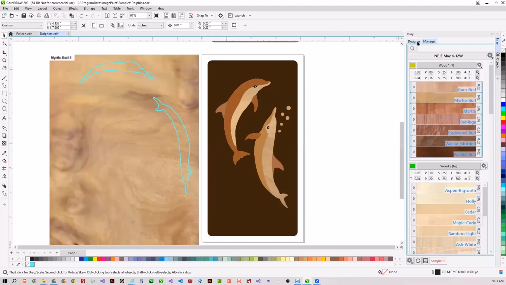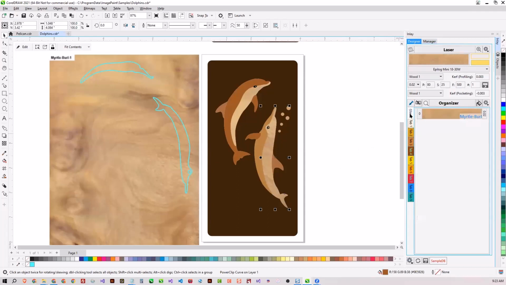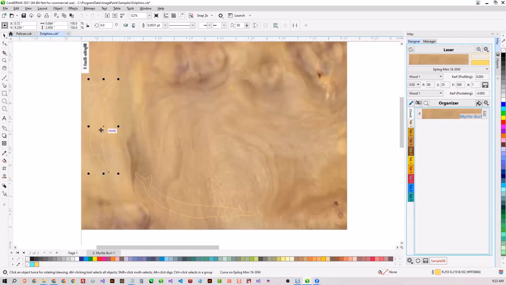The next feature I'm going to talk about is this. Let's create some cutter path for the laser, and do that by right click and choose create cutter path. And there is our cutter page containing the cutter path using the color that was specified for that material. This color will be recognized by the laser so that it will set up its power, speed, frequency, and number of passes accordingly to cut that piece of veneer.